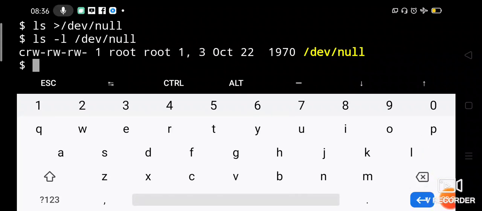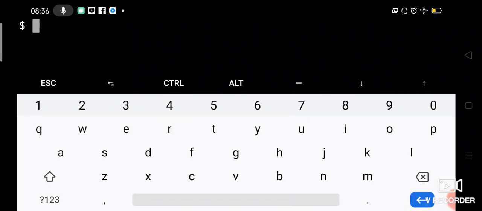Let us see some simple commands which are used in Unix, some interesting commands. Let us say clear, and let us type the command alias. Okay, aliasing you know, right? Giving some other name to something, some alternative name, that is aliasing.